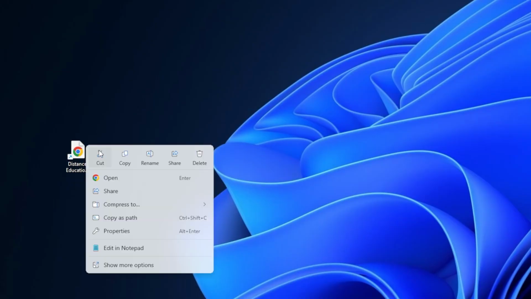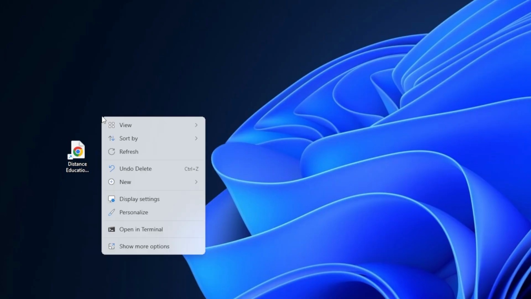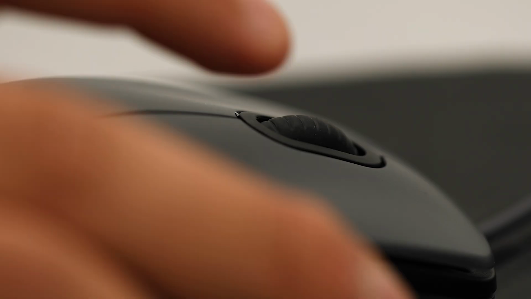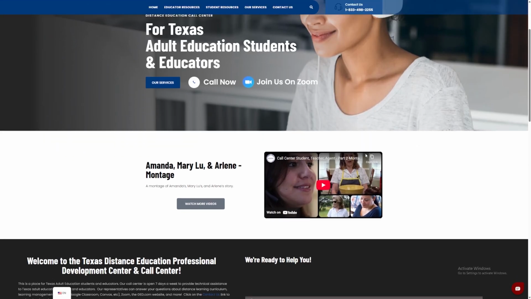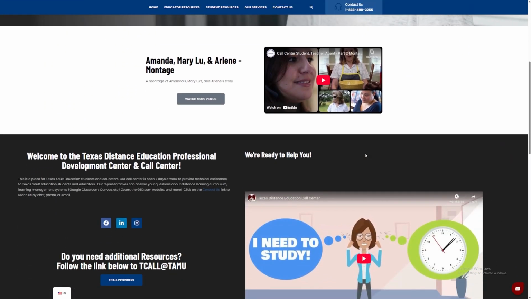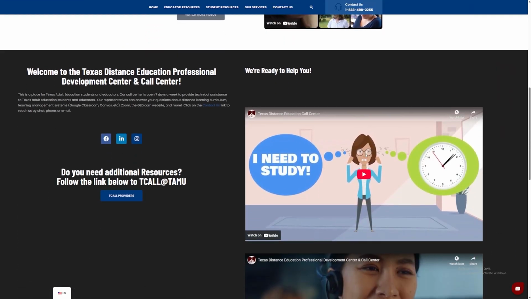Clicking the right mouse button will usually open a menu. The specifics are based on the program. Next, we have the mouse wheel. When you are using a program where there's more than can fit on the screen at one time, the mouse wheel will help you to scroll the screen and see more content.